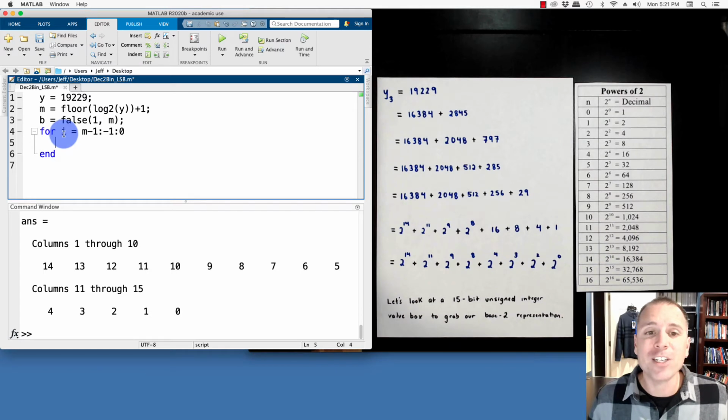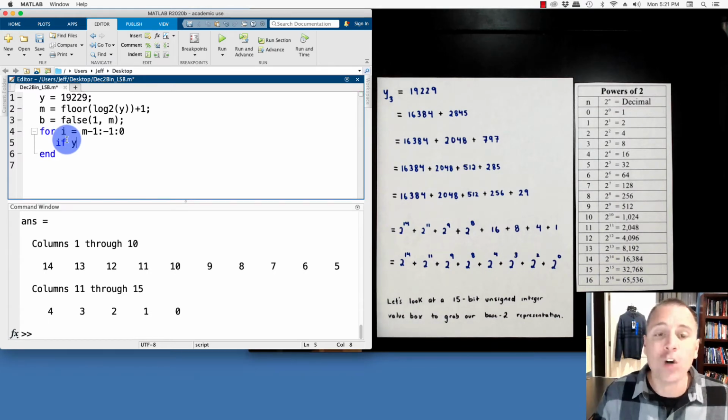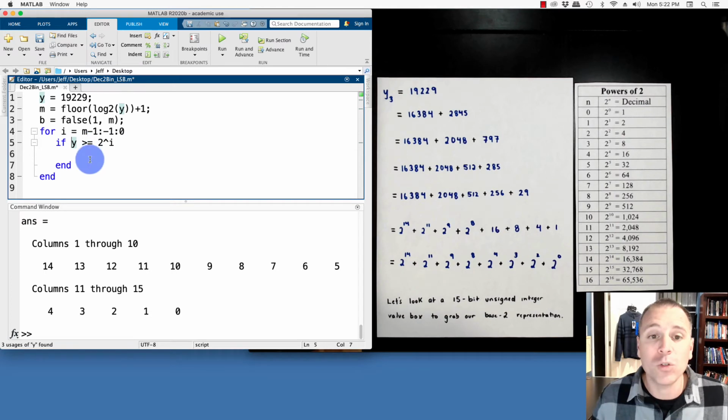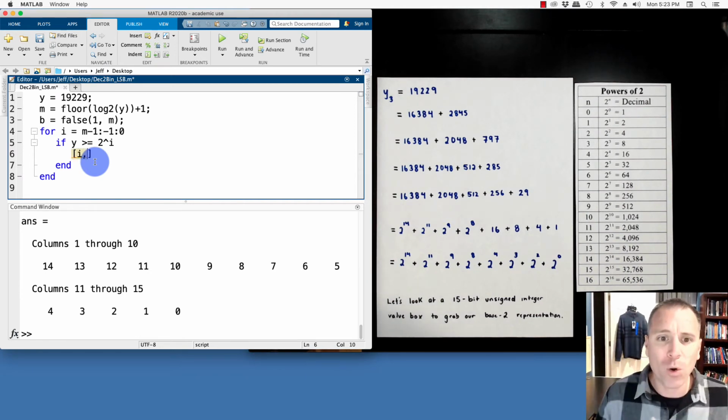The next question that I ask myself is the current value of y greater than 2 to the power of the index variable? So specifically, I'm going to ask if the current value of y is greater than or equal to, in fact, 2 to the power of I. Remember, all if statements start with the word if, and then we close those with the word end. So the condition that I'm going to check is the current value of y greater than or equal to 2 to the I. In that situation, let's go ahead and print out that power of y as something that we actually want to produce. So we'll do this by saying, here is the power that we want, and then also 2 to that power.